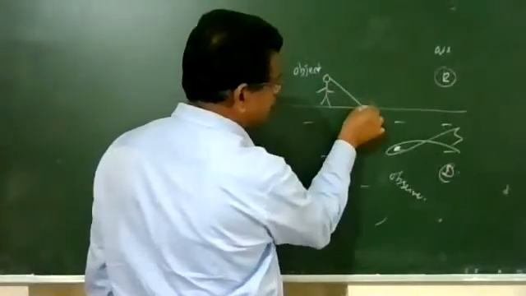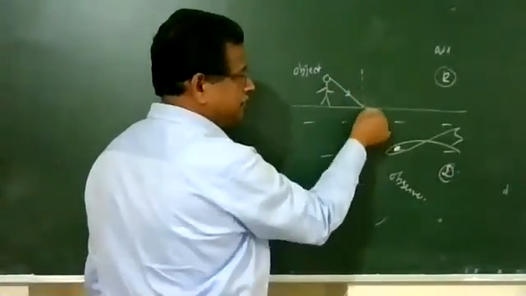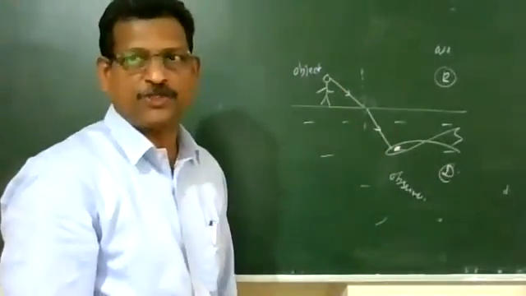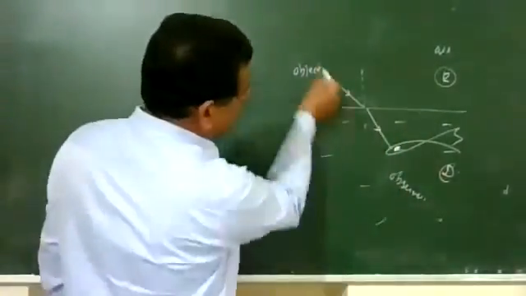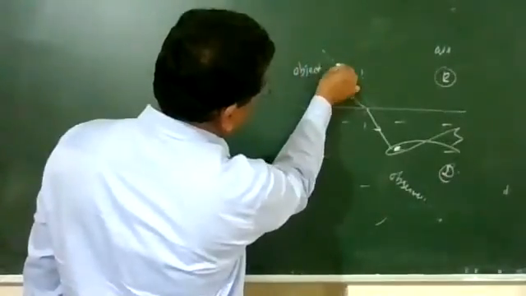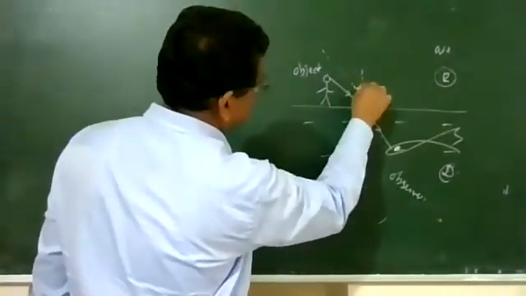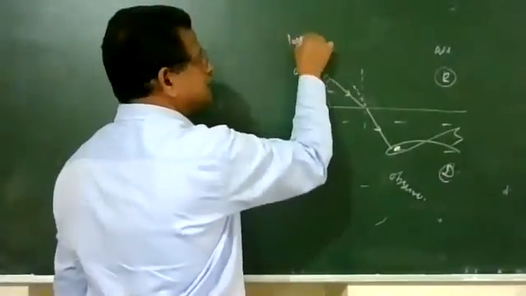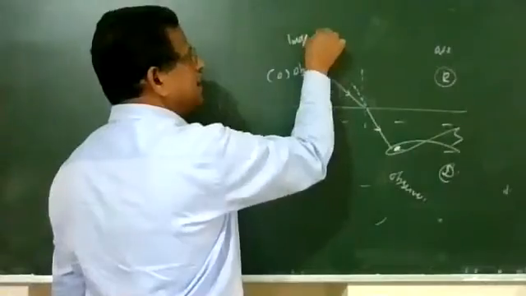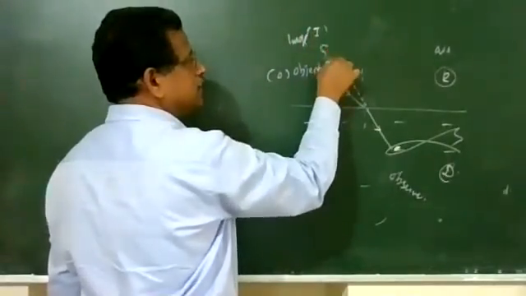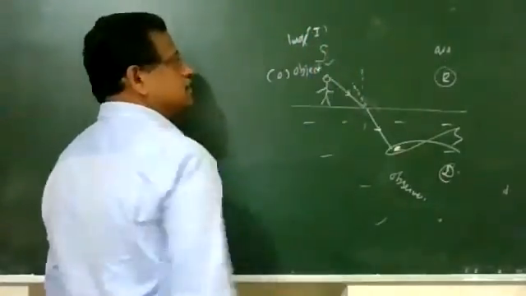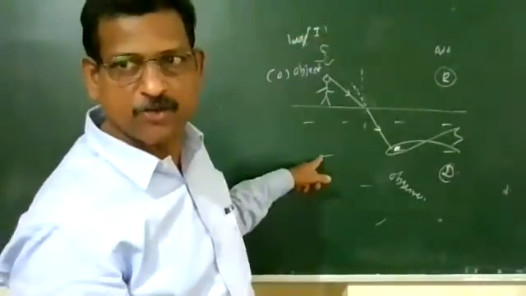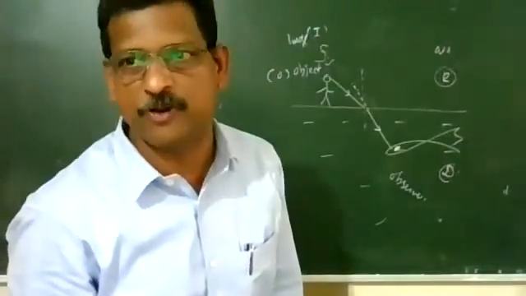The light ray comes from here, takes the normal and reaches the fish. And for the fish, the light ray appears to come from a point here. So the head will be here, the image. Object O and image I will be here. So the height of the image is greater than the height of the object. The fisherman appears taller for a fish.